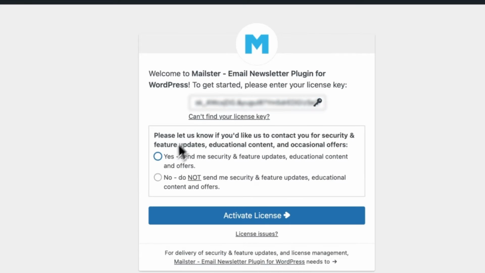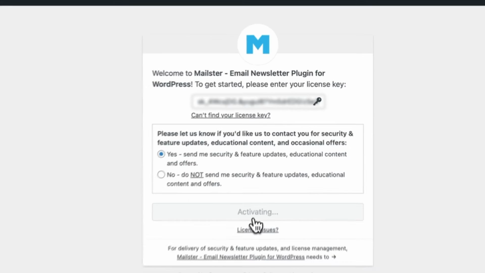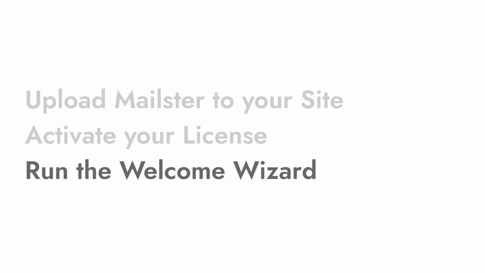Enter your license key. Choose Yes if you like to receive updates about features and offers by mail, and click on Activate License to finish this step. Now that you have successfully activated your license, let's take a look at the Welcome Wizard to finish your personal